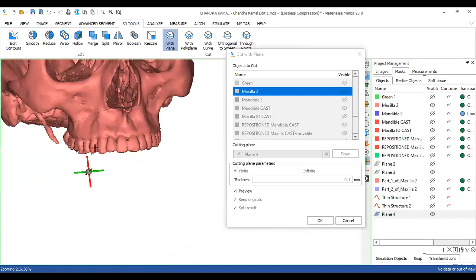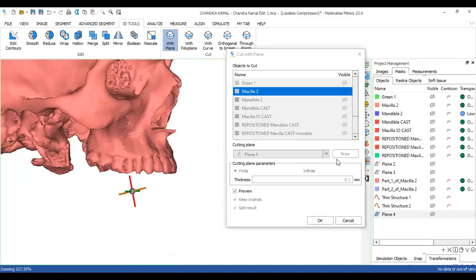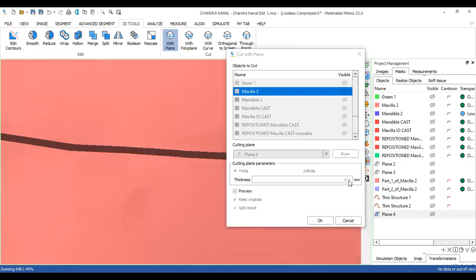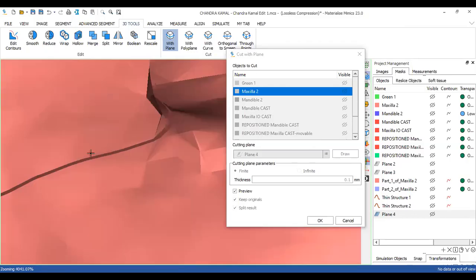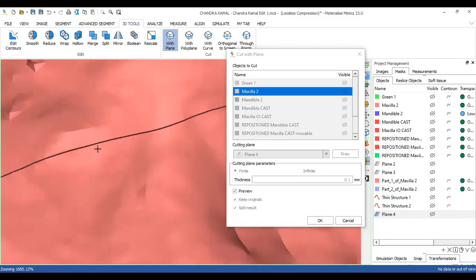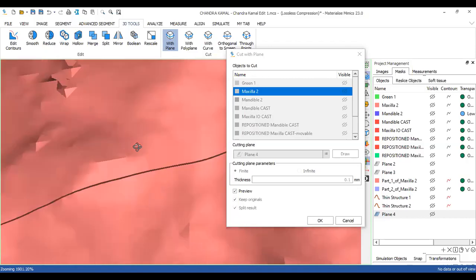And आपको ये gap क्यों दिख रहा है? Because मैंने यहाँ पे 0.1 mm का gap रखा था कि मेरा cut plane 0.1 mm से होगा. So you can see there's 0.1 का difference between the two entity, the bone one, like the upper portion and the lower portion, right?